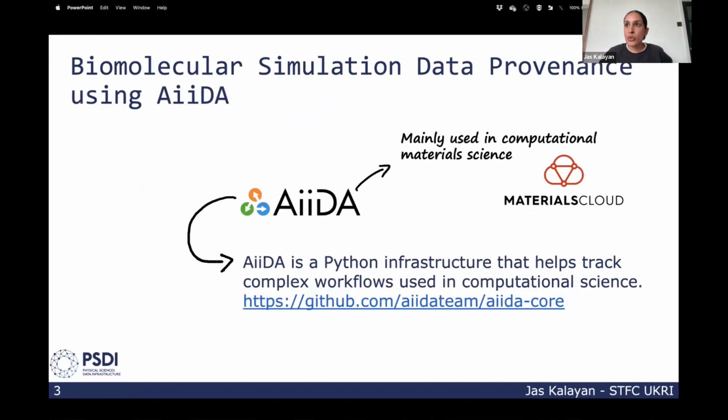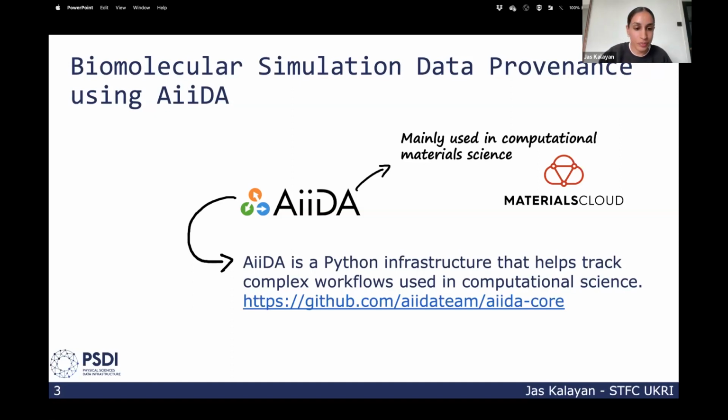So the tools that we are developing are using AiiDA, and AiiDA is a Python infrastructure, and it helps to track complex workflows used in computational science. At the moment, AiiDA is mainly used in computational material science. What's quite nice about that community is that they usually can create a set workflow and apply that workflow to many different systems. The problem is in our community, that's not the case. We will have different protocols. As I said before, you'll have different ways that you do each of those protocols. So you need a bit more flexibility and have the ability for people to record data in workflows that aren't